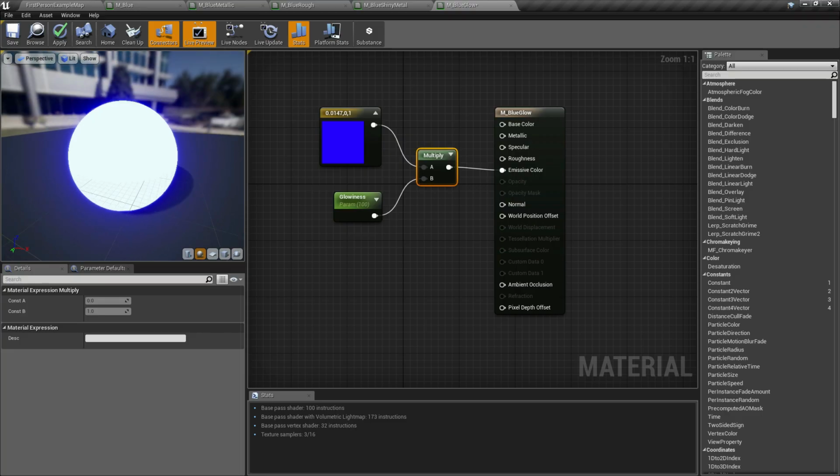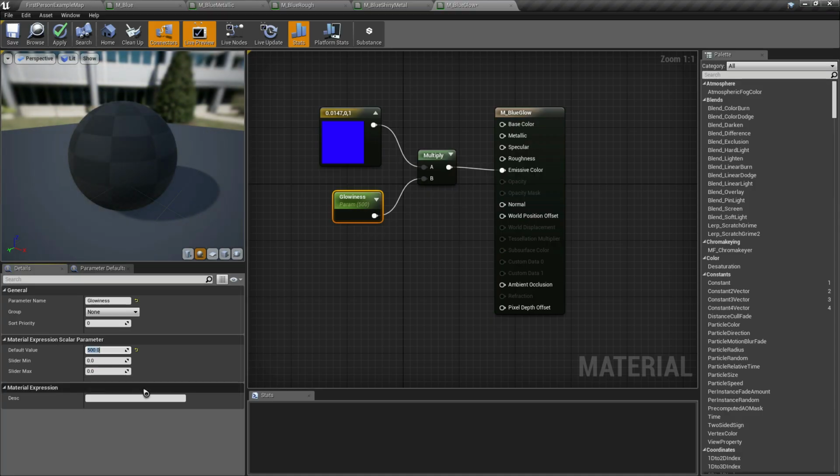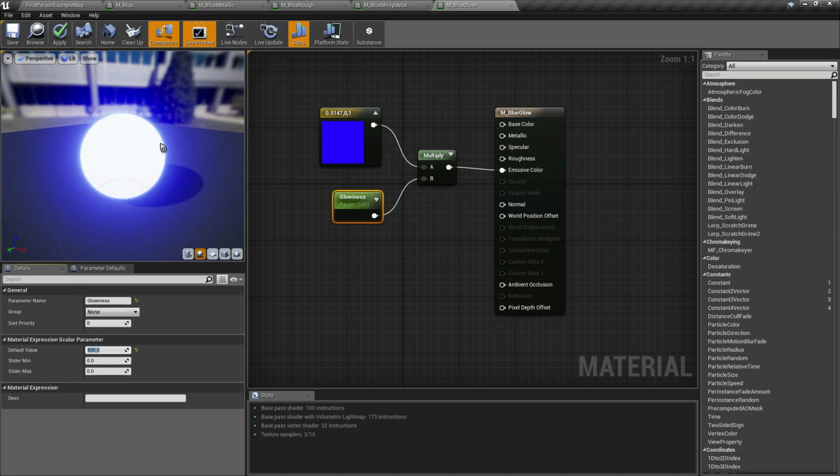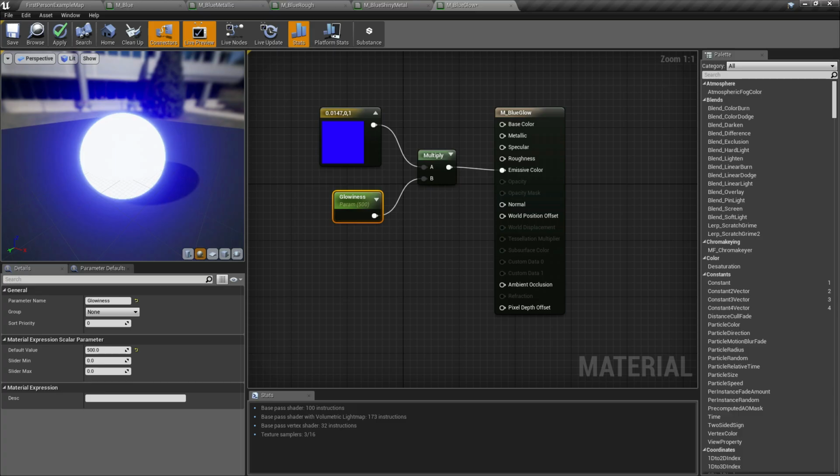Actually, we can increase this default value more, like let's say 500. The higher the value, the brighter the emissiveness of the material. So that's the example of emissiveness in a material. Let's reduce it from 500. It's a little bit painful on the eyes. So let's say 90.